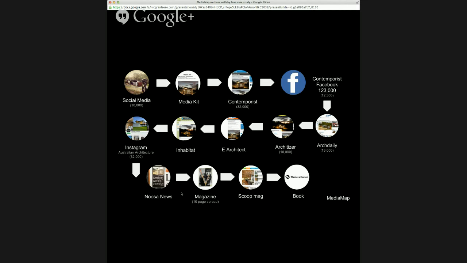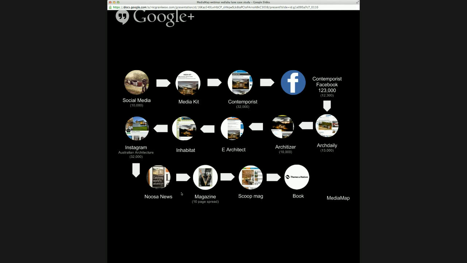Then Jolien created a media kit. We put our photos into it. He added the text, and we were discussing which way we were going to do this. I was saying, let's go out to the magazines first because they'll want an exclusive. And before he got that email, he'd already sent it off to Contemporist, which is an online publication for anyone who doesn't know. Yeah, it's a big publication, which is kind of fascinating because this project then became a live experiment to see what happens if you go out to blogs first.